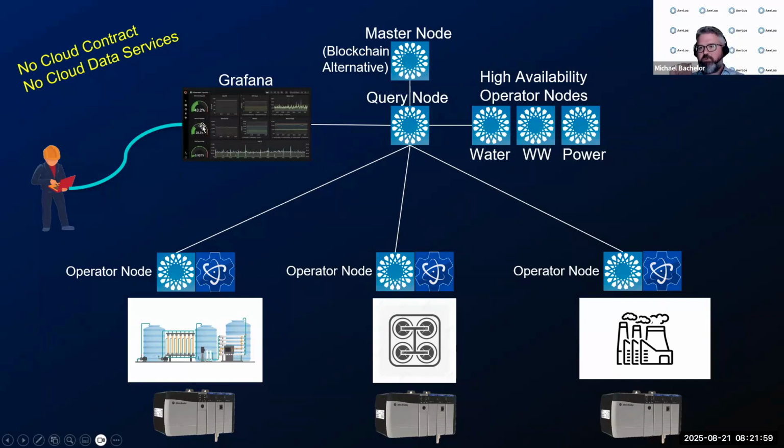Grafana is also a container that I'd mentioned, and we built that, and it talks to the query node with JSON. That is the access that the user gains. That's where they gain access to the information. That's the only place. If you're going to get on site remotely, that's going to be IT and the right controls engineers from the controls company that can do that. Certainly the people that maintain it, but for anybody who's not an outside user or even authorized within that group, there's no remote access.